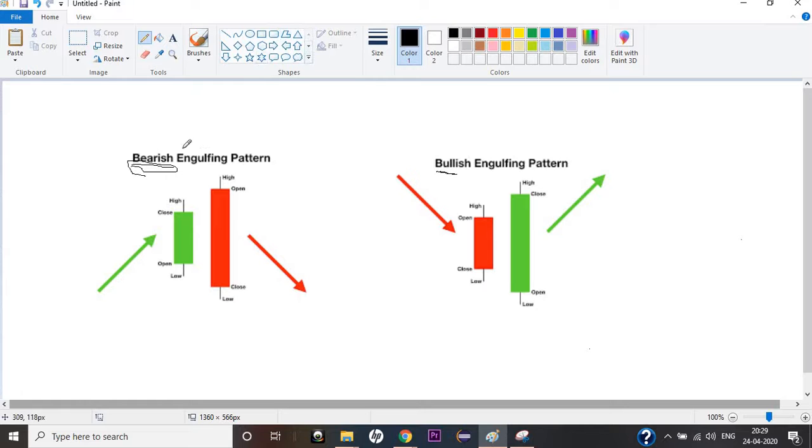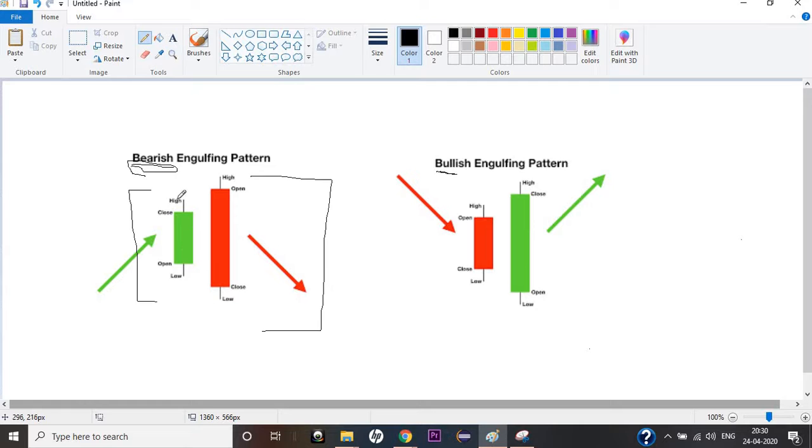So engulfing, as you know, means something has been engulfed, right? Something bigger in size has engulfed the one smaller in size, and has covered it. So we have broken down what bearish is, what bullish is, and what engulfing is. The same goes with candlesticks as well. The name suggests what it does. So we have a green candle here and a red candle here. Now you can see the red candle is bigger than the green candle. It's engulfing it. That's where the name came into the picture.